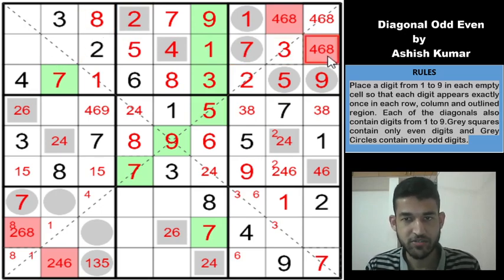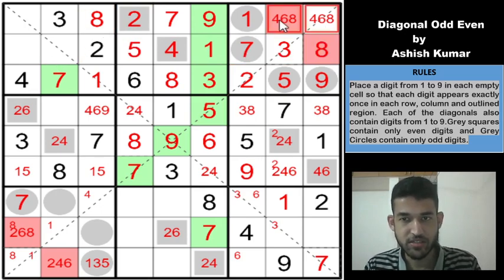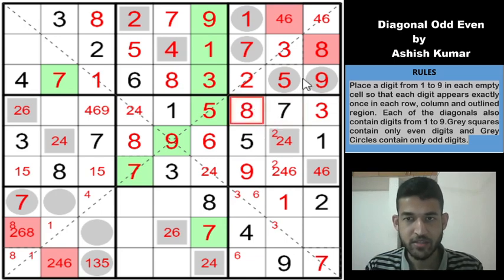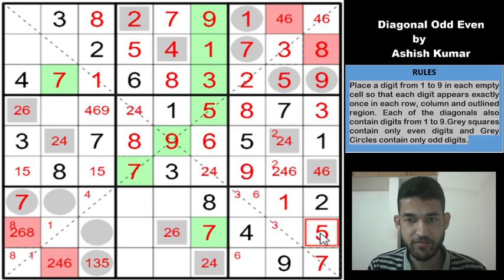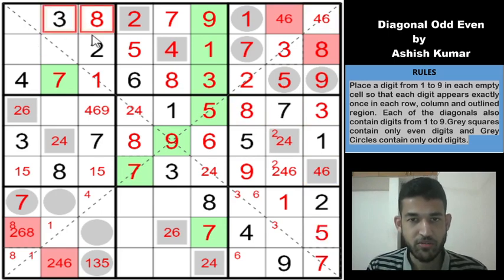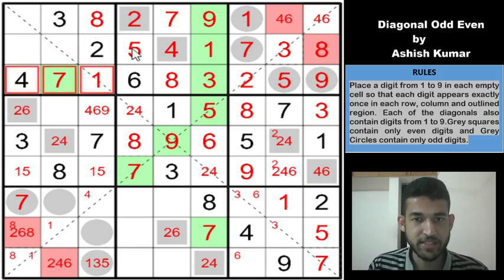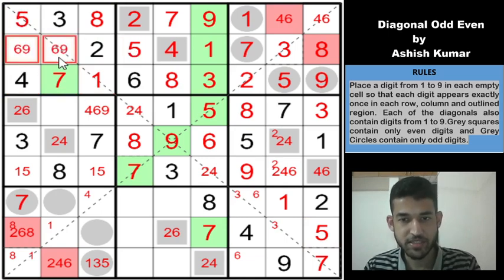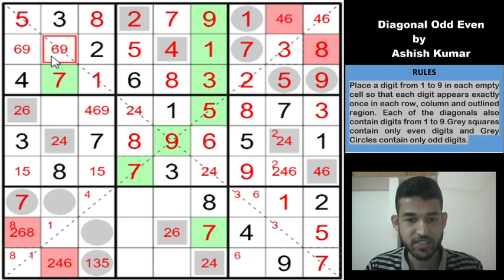This 8 gives us the 8 here. These two cells must be 4 and 6. And this 8 resolves this 3, 8 pair. This would be a 3 and this would be 8. 4, 6 pair, so which means 5 has only one cell, so this would be a 5. 2, 3, 8, 1, 4, 7, remaining 5, 6, 9, so 5 can't go here, so this is a 5. These two cells must be 6 and 9, here gives a 6 here and a 9 here.